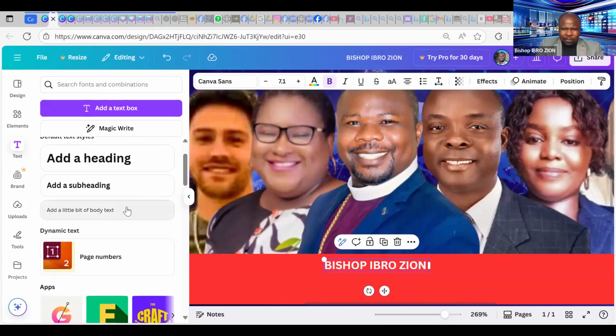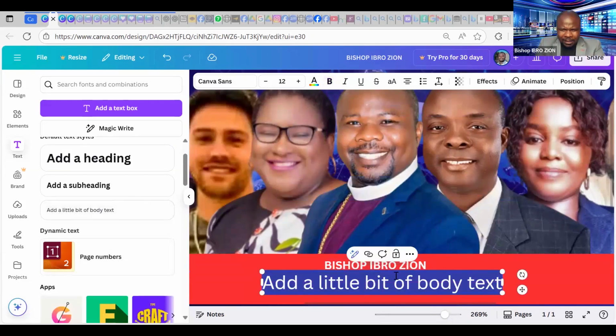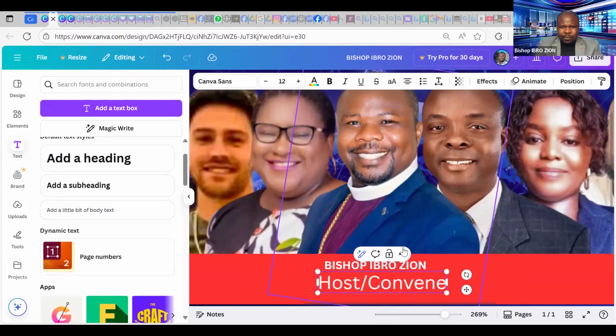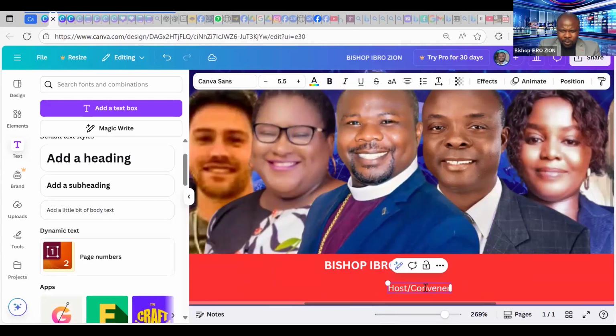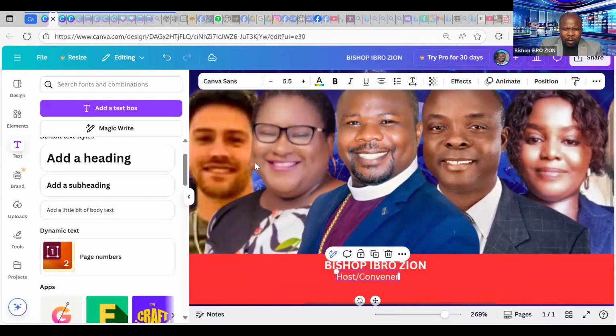There's a smaller one. This smaller one, I adjust it here and say host. I want to write host. And I want it small letter, stroke, convener. Stroke, host or convener. Now that I have the host or convener under my name, all I need to do